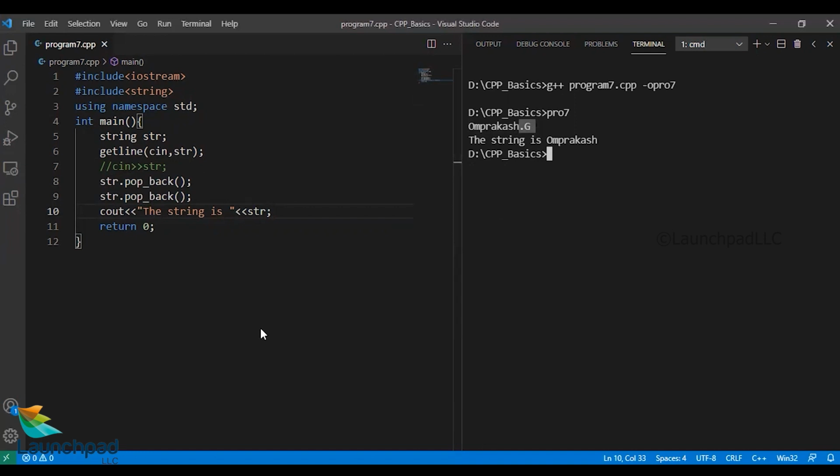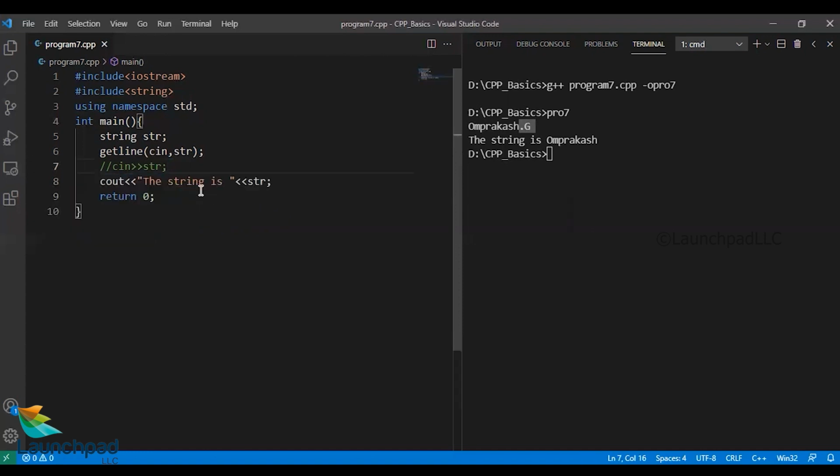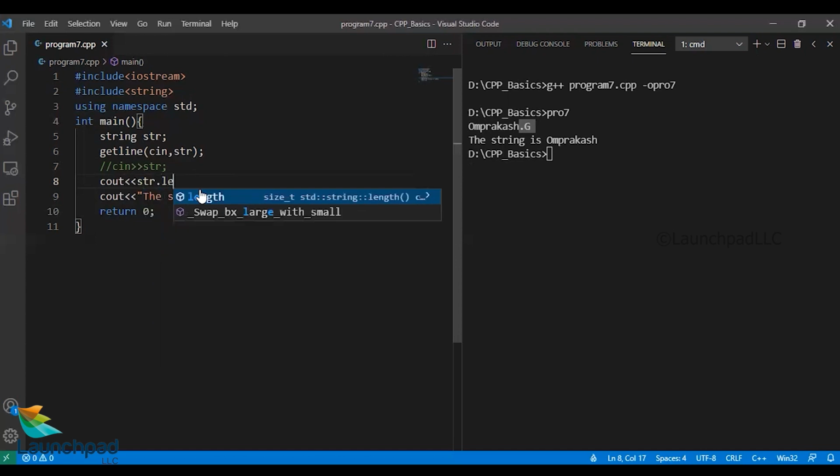And the other string library functions are, we talked about capacity, which we have seen already. So capacity is yet another function in the string class library. And we also have something called cout str dot length as a function. Let's enter the new line character.